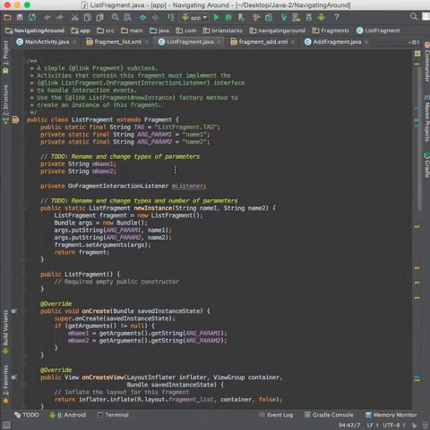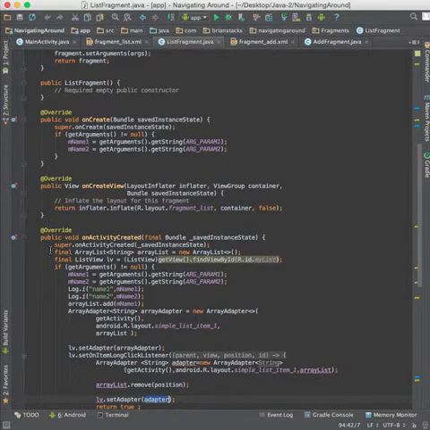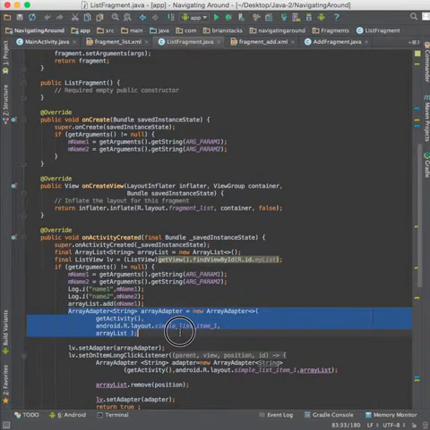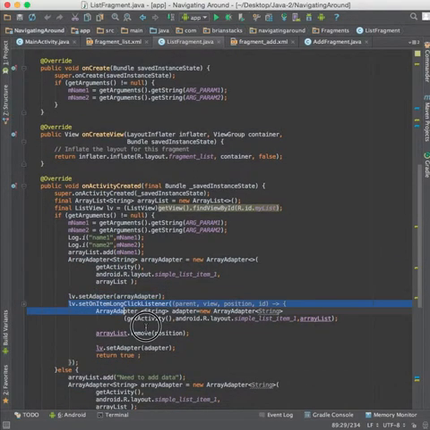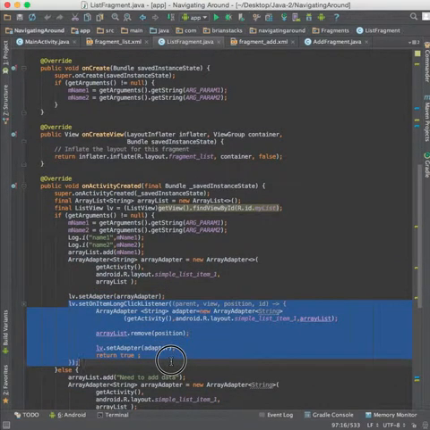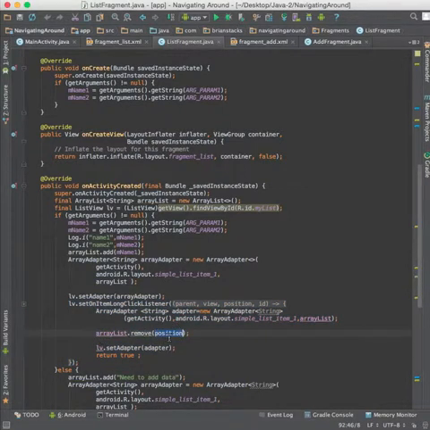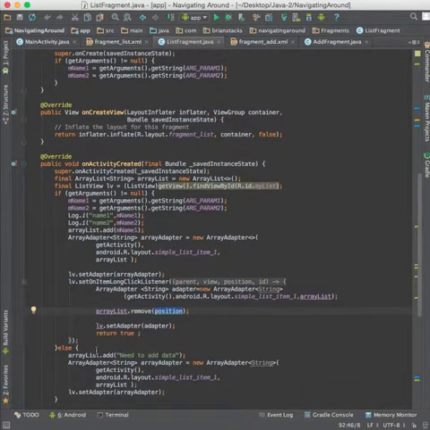This is my list fragment, and we grab the arguments that we get from the add fragment. We add them to an array list, add that to our array adapter, and then we set the array adapter and set the on long click listener, so that when we do that, we'll remove the item at the position, and then we'll just reset the adapter and